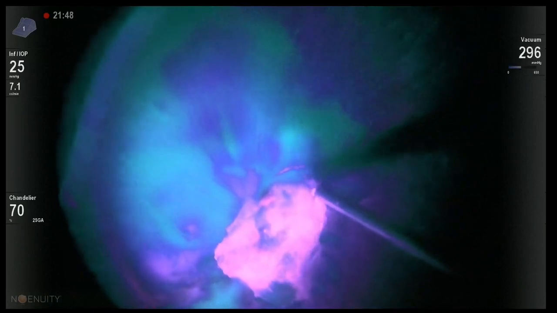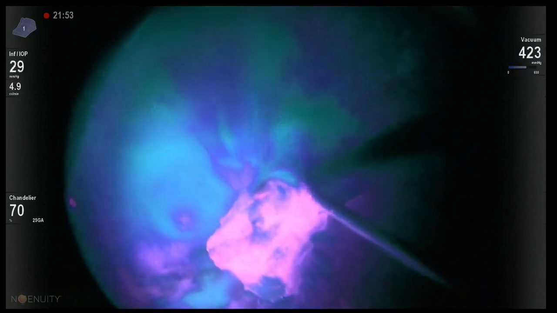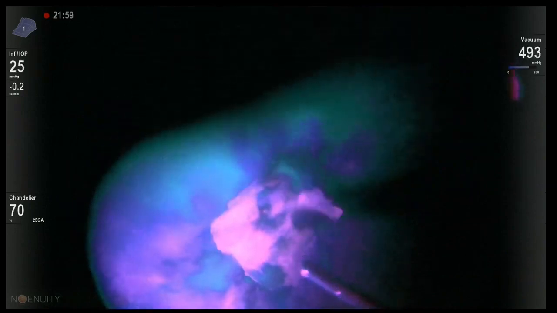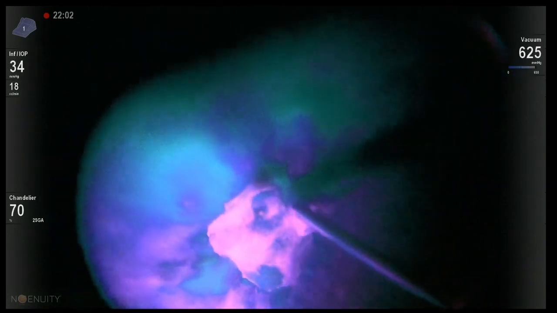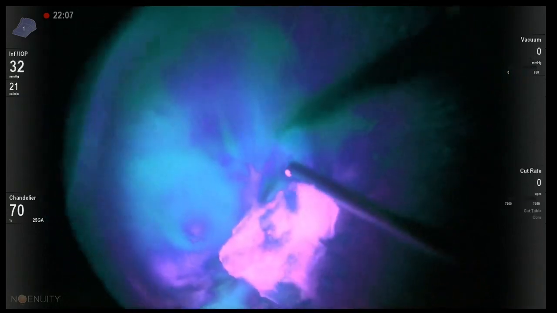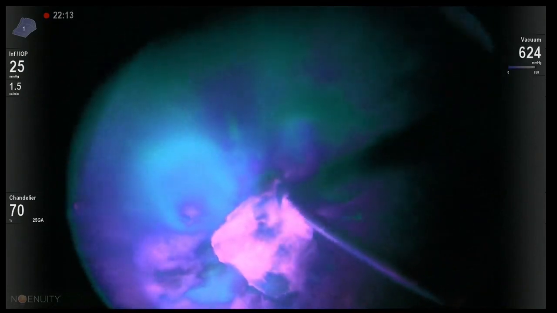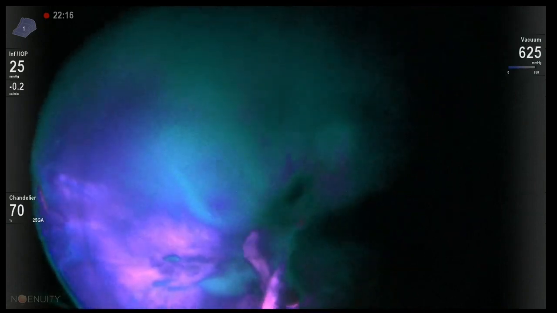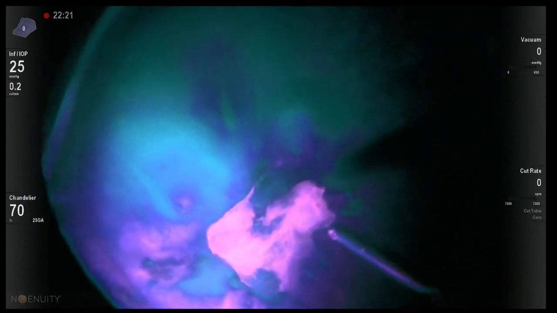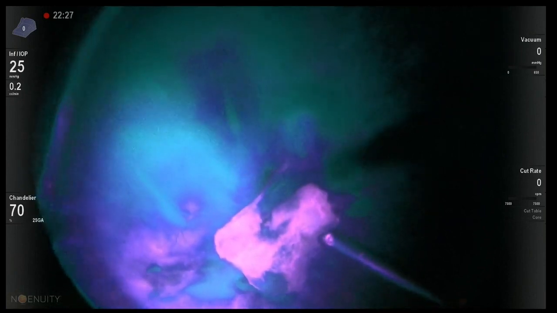Now you can see how I can approach the fibrotic tissue only and gently pull this membrane in order to see the level of the attachment and how to proceed with removing. So gentle cutting and pulling. You can see that the membrane is step by step freed from the attachment over the optic nerve, and